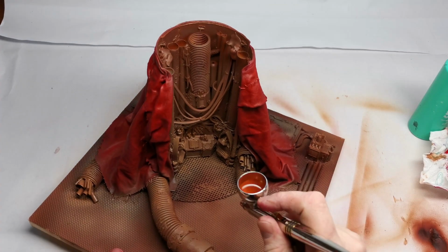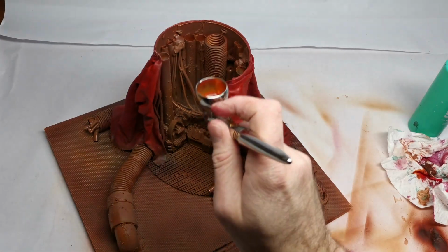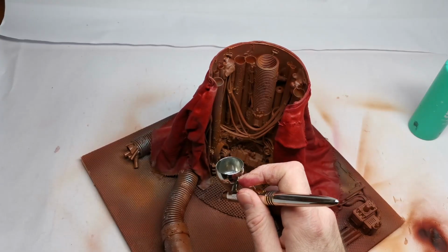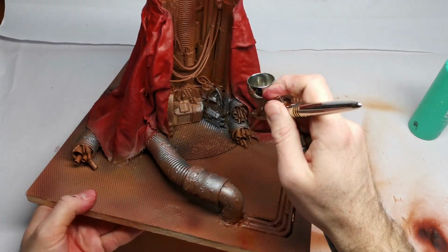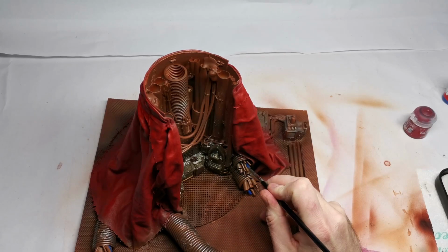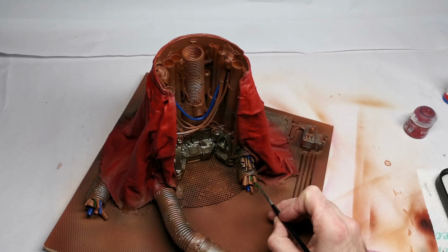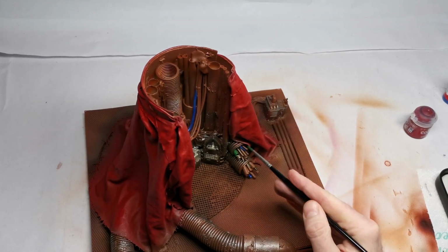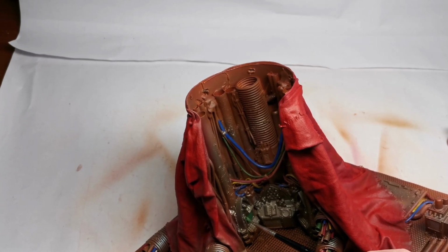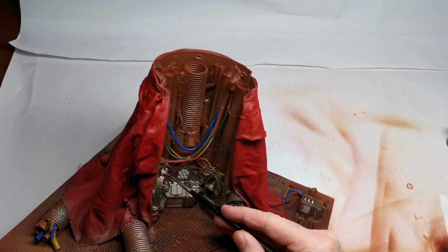After that I refined the paint job of the structure some more with a rusty orange wash through the airbrush, and some metallics to indicate the metal of some of the parts. Finally, I painted some of the details: pipes and wires, the terminals, skulls, the manual of the Archeotek Device, candles,